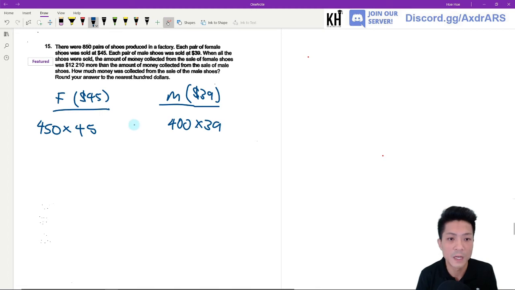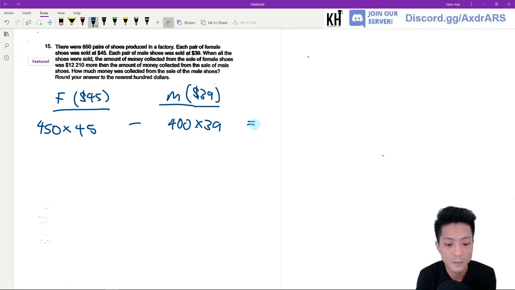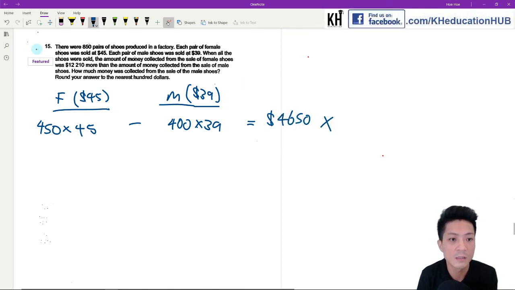What I want to find is the difference between them, so I'm going to subtract these two and find out what it gives me. This is going to give me 4,650, which is still very far away from the